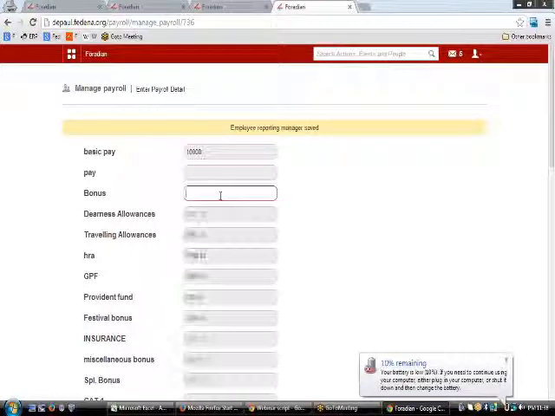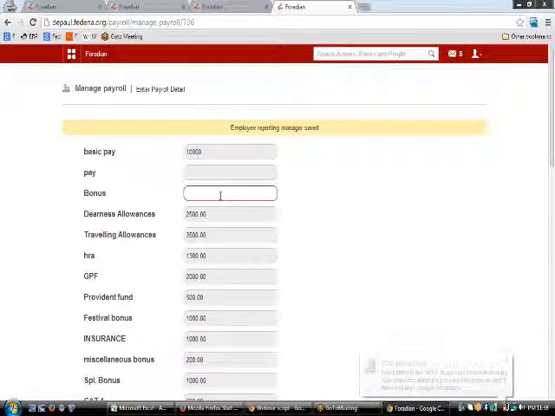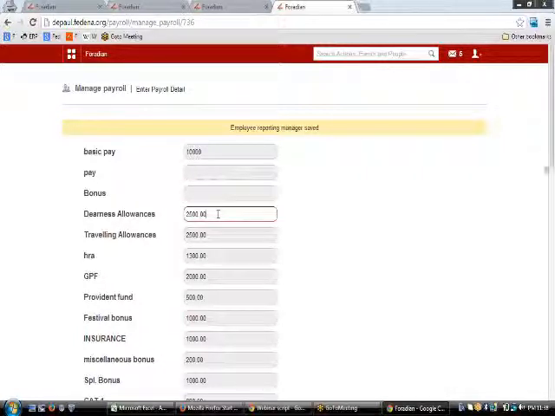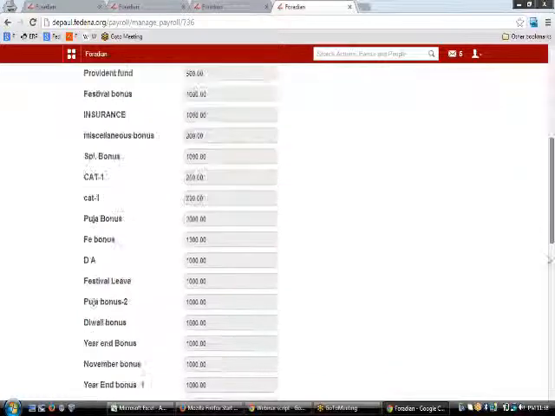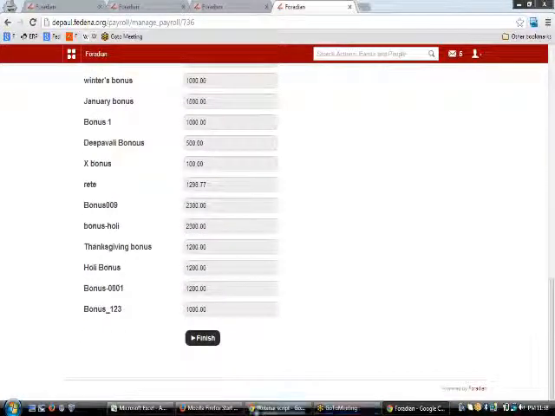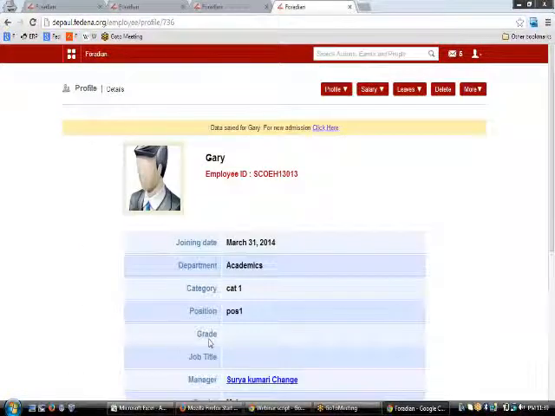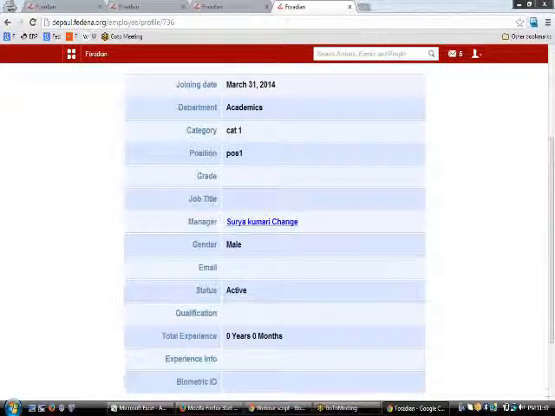And then you need to type just the basic pay, and the rest of the things, as I said, are set up as a percentage of the basic pay, so it will get calculated on its own. Based upon the percentage that you've entered here, it will come up, and then on hitting the finish button, you will be able to see the profile of the employee. So that's basically how an employee can be admitted into the application.